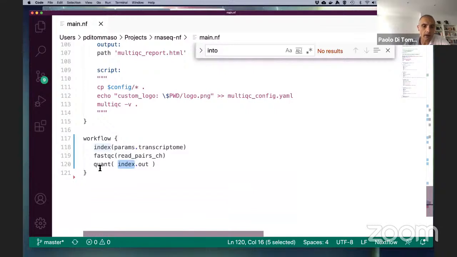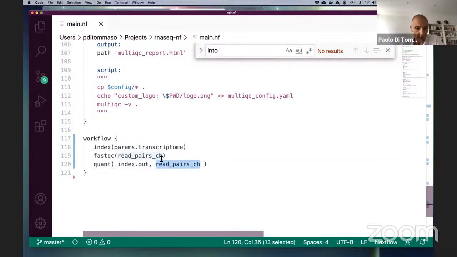So I'm telling it to invoke the quantification, passing as first argument the output of the index invocation. And since it's taking a second parameter that is the read pairs, I can just use the same read pairs